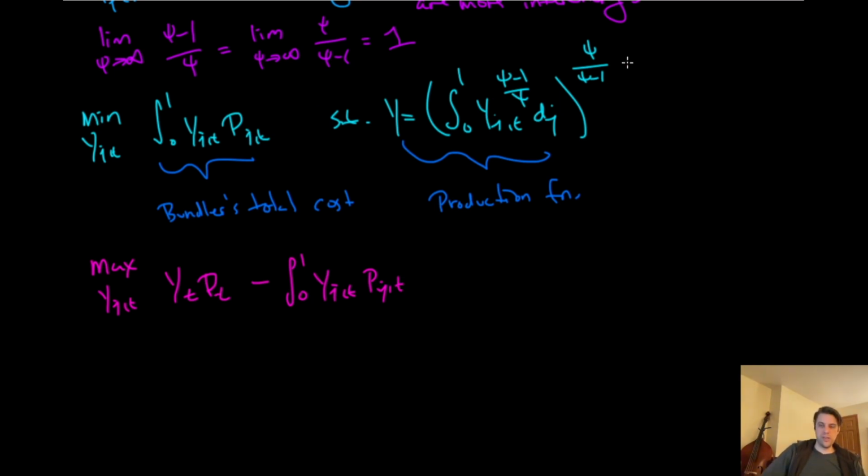I went straight to this one making this video because I always do cost minimization. But thinking about it for a second and checking my notes just now, this is actually easier. Why? Because we do not care about the Lagrange multiplier for the bundler, because we know that they're in perfect competition and the price is equal to the marginal cost, and the price of the bundler, PT, is the numeraire, which will be equal to 1. So we don't have to worry about the Lagrange multiplier, so it's easier to just go straight to the maximization problem. The maximization problem is a bit more direct. So I apologize for that, but that's what I'm going to be doing in this video.